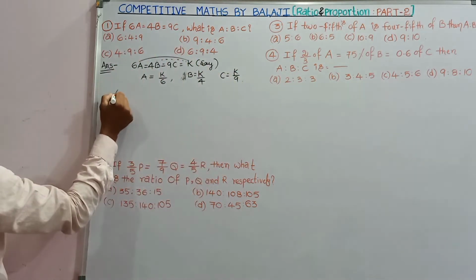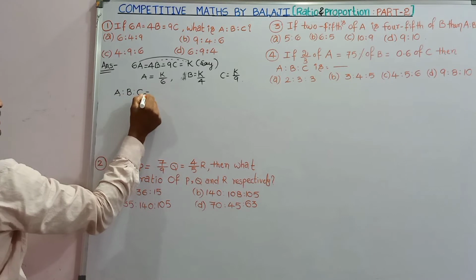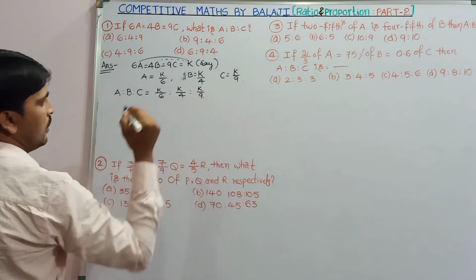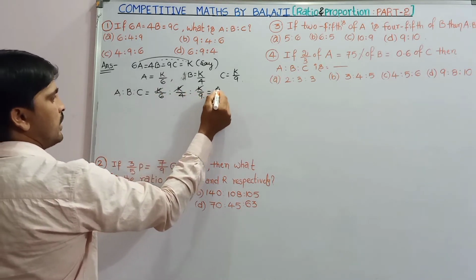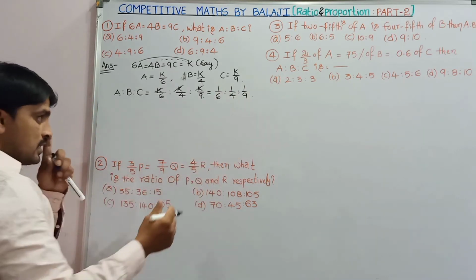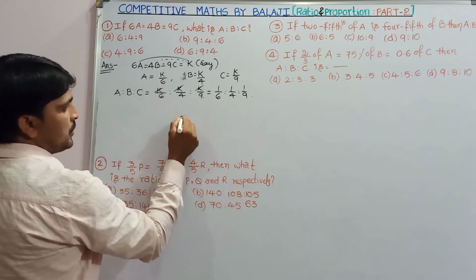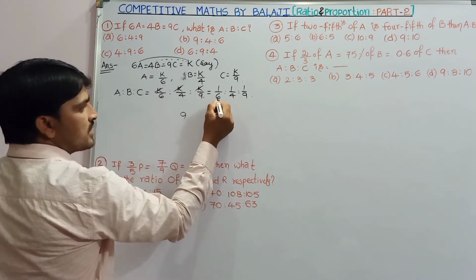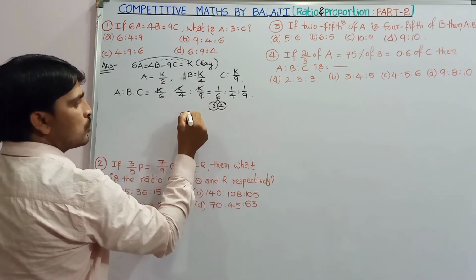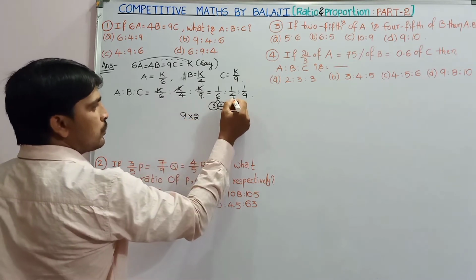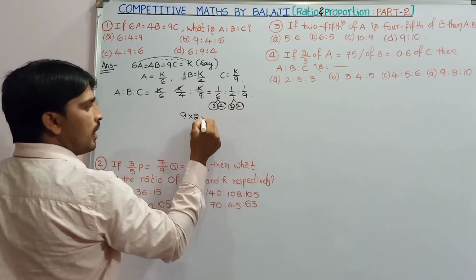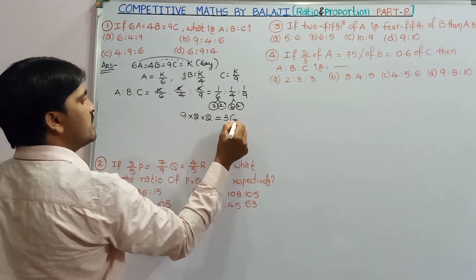We have to find A is to B is to C. That is K by 6 is to K by 4 is to K by 9. Equal terms in the ratio get cancelled. What we get? 1 by 6 is to 1 by 4 is to 1 by 9. The LCM of 9, 4, 6: I am taking 9. Excuse me, 6. 6 means 3 2s are 6, but this 3 is already included in 9, so we have to consider 2 in the product. Come to the 4. 4 means 2 2s are 4, already this 2 is included in the product, so take another 2 in the product. 9 4s are 36 is the LCM.